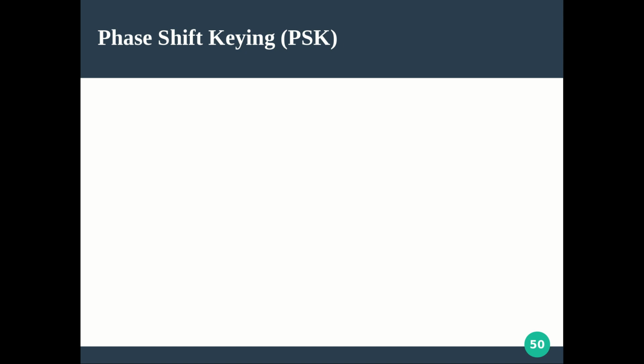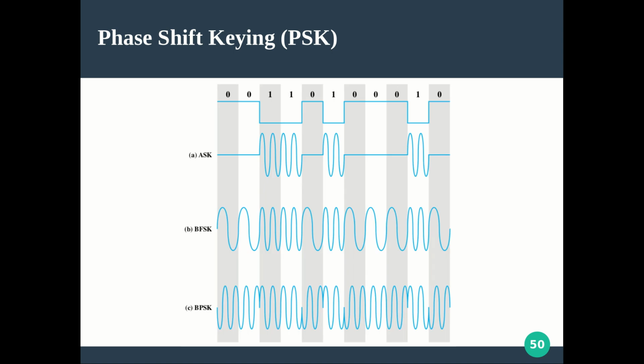Where of course the phase of the carrier signal will be shifted to represent different binary information. So this is what we covered already. Amplitude: the original amplitude we are maintaining for 1 and we are making it absence of amplitude for representing 0. Here, one frequency for one binary information and another frequency for another binary information, so high frequency, low frequency, like that. Here, of course, phase shift keying.